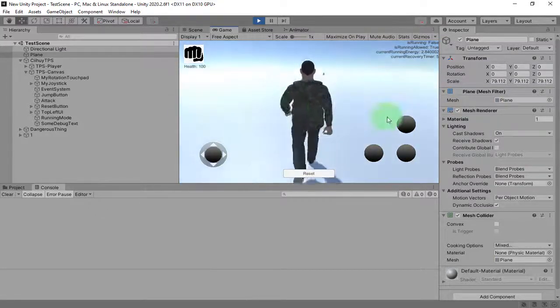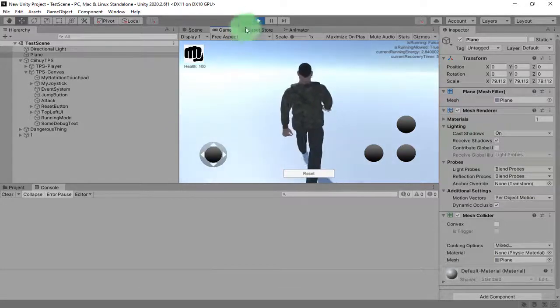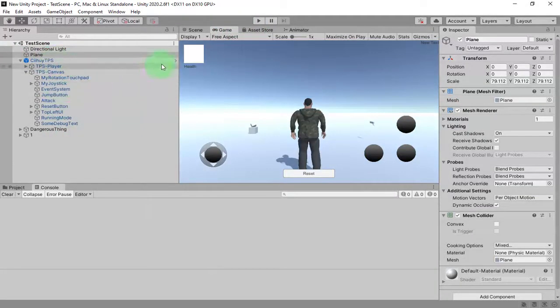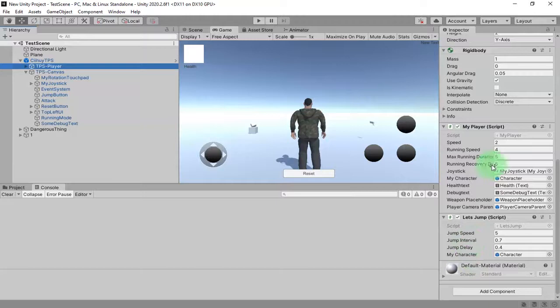Now, because we already have this running and walking mechanism, we can set the default values of our running, walking and energy to any values that we need. Here, max running duration, I want to run for 10 seconds for example, and how long I should recover before I can run again, maybe 15 seconds.